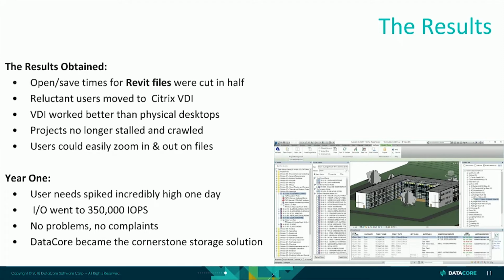And then we drop down to our next tier, which is 10,000 RPM drives. And we have several terabytes of that. And then if the data gets too old and it gets pushed down, it drops down to 7,200 RPM SATA drives. And so we're running 3 tiers. If you want to count RAM as a tier, I don't know if you would necessarily, but we're just going to say right now that we run 3 tiers of